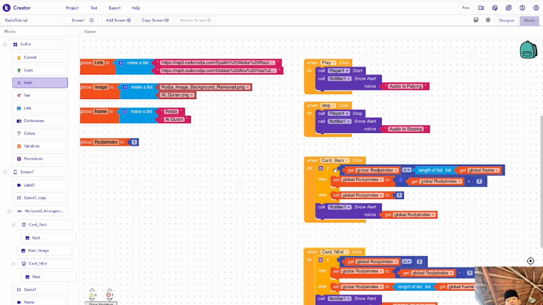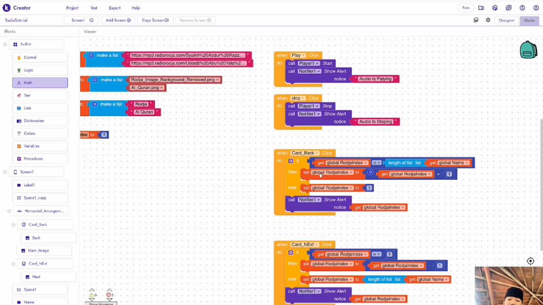So for example, this roja index is 1 and this part is 2. So if 1 is smaller than 2, then it will do something. After that, if it's really smaller, it will set global roja index to get global roja index plus 1. So after that it will plus 1.